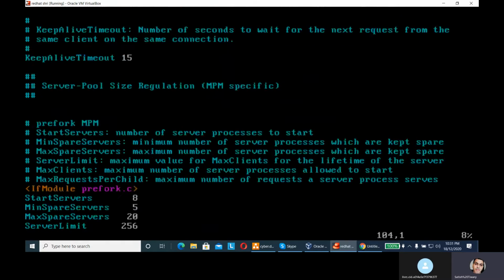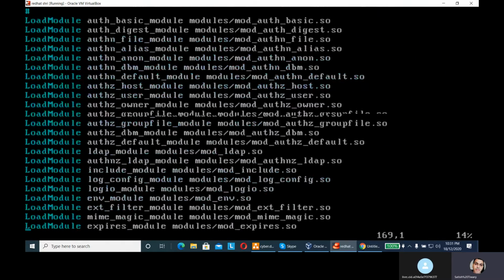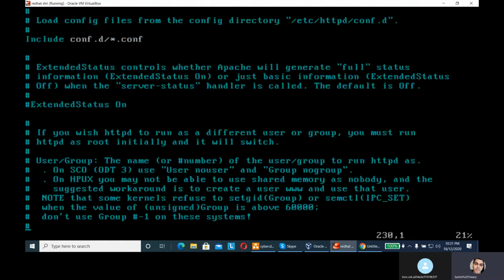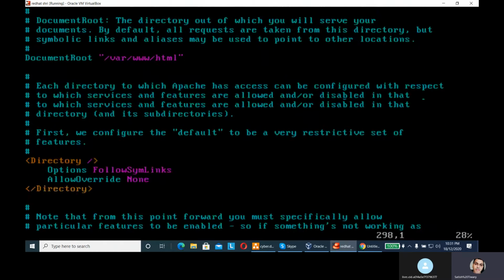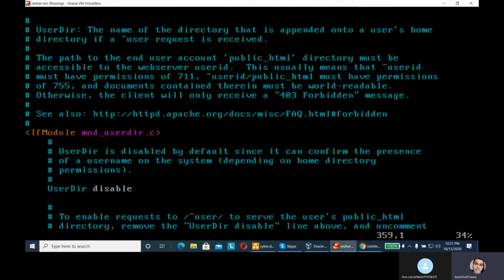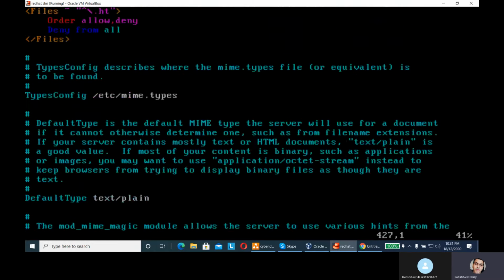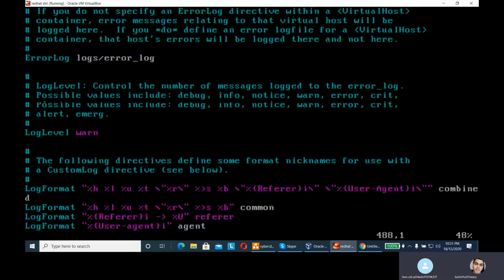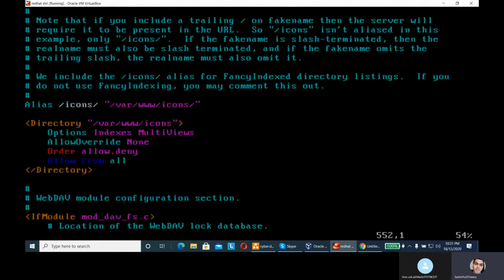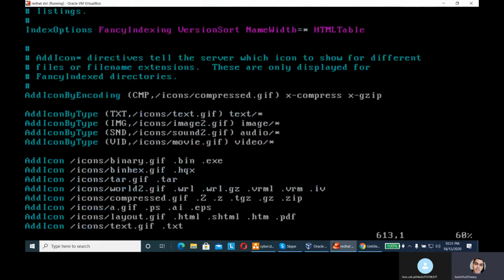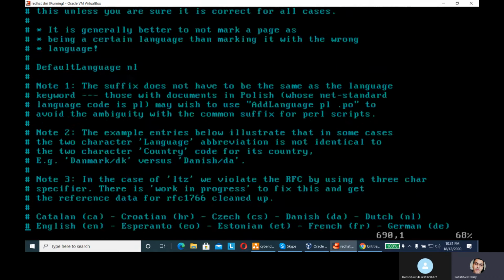We are not going to even touch the configuration file of the web server. We only need the service of the web server because we want to run our mail server on a web interface. That's why we need this Apache server. Otherwise, there is no need to use it.